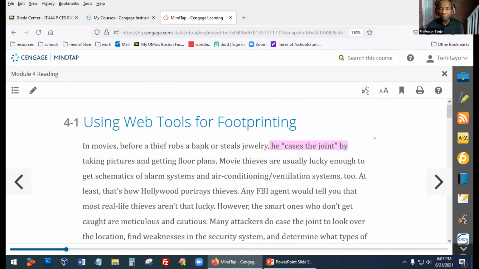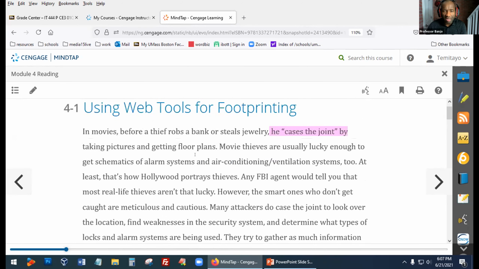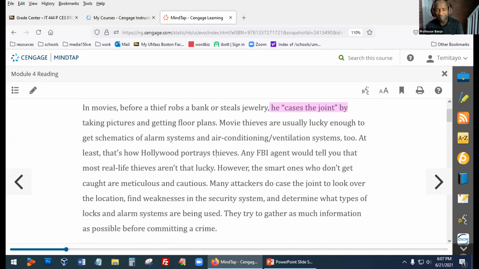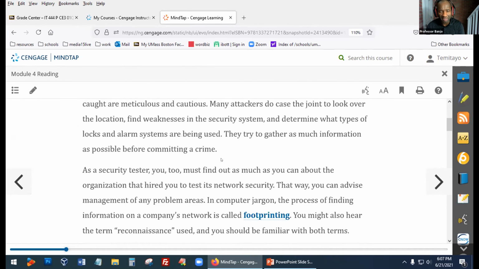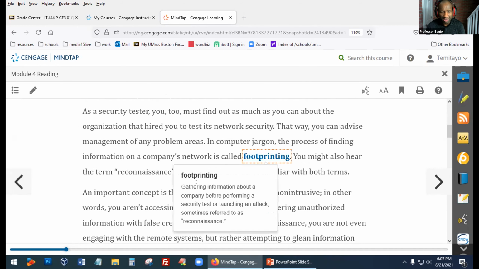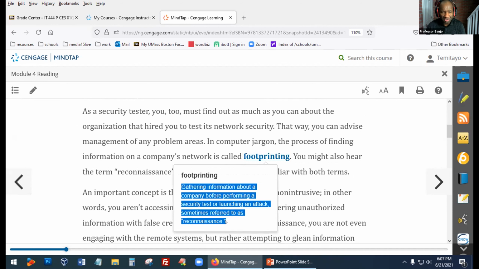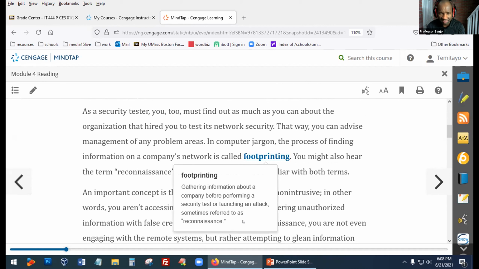Okay, so all this is footprinting, and that is trying to get advance information about a possible target. Right here it describes it as gathering information about a company before performing a security test or launching an attack, sometimes referred to as reconnaissance or recon.